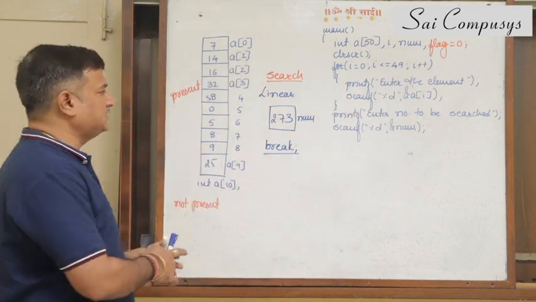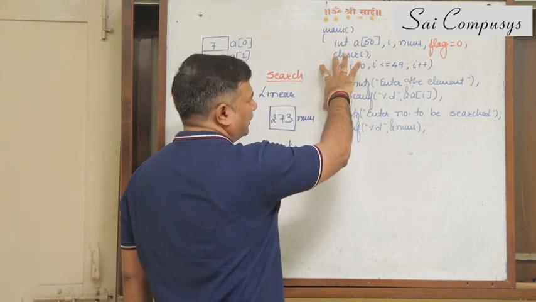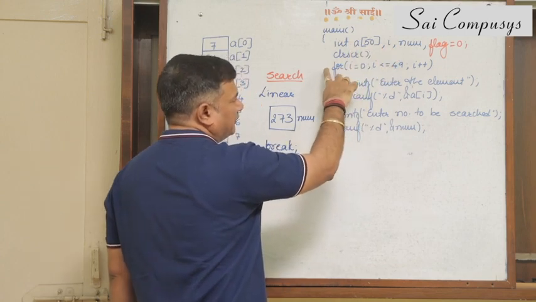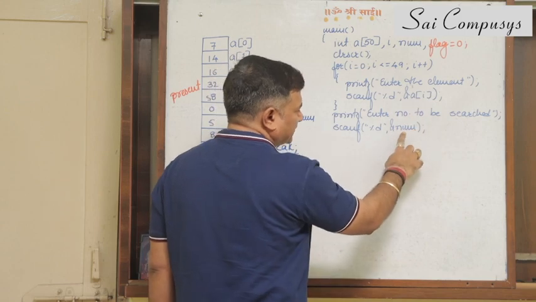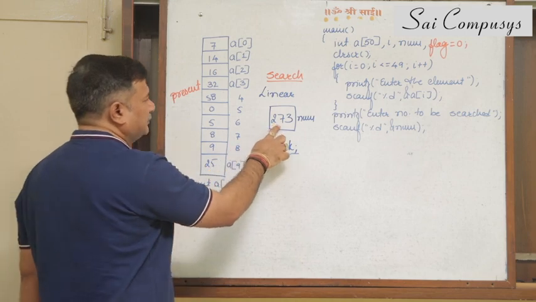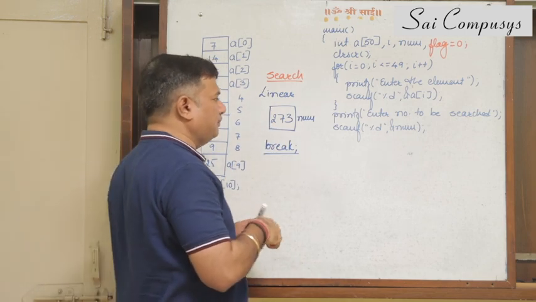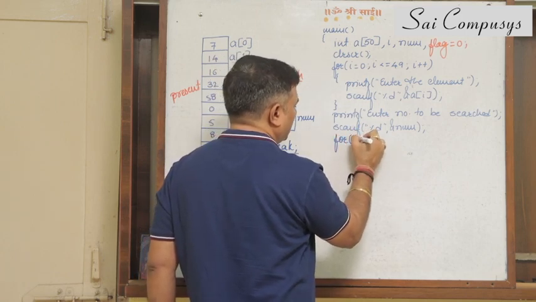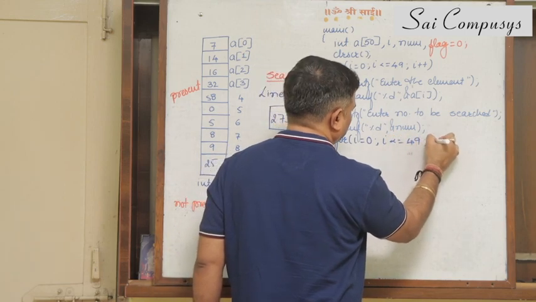So to search this number in the array, the first part of the program I have already written. I have defined an array of 50 numbers. I have scanned the 50 numbers from 0 to 49 on different positions. I have scanned the number to be searched in the array. Now this number, I wish to compare it with all positions of the array. Now when I say all positions of the array, I'll have to again vary each position starting from 0 to 49.